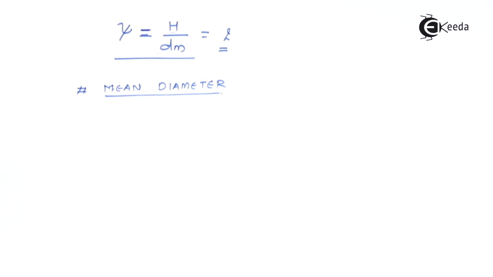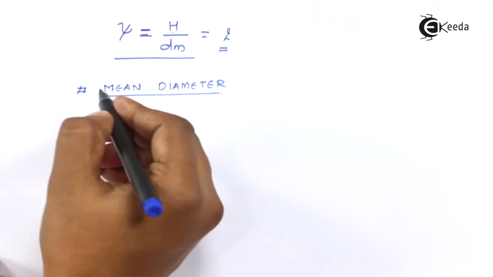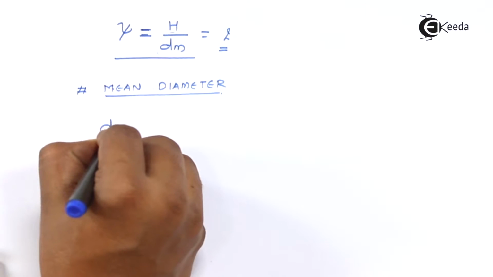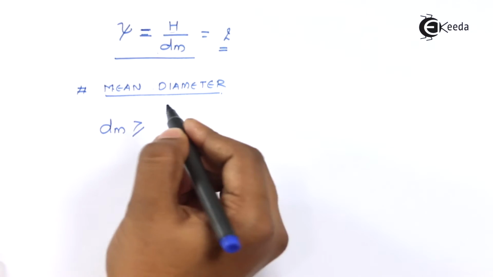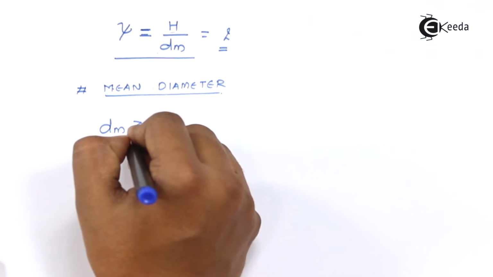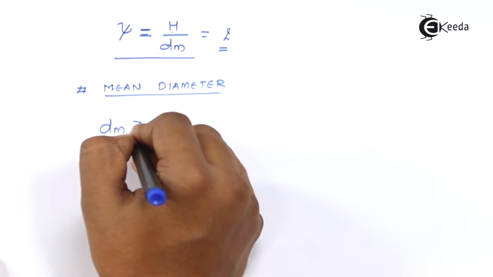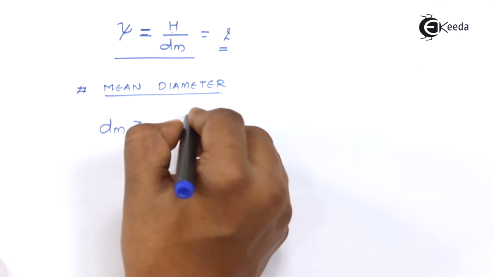Now mean diameter is something that is associated with the screw, and for that we need to consider the major and the minor diameter also. So let us begin with it. Generally the expression they have given in the section of power screws is that mean diameter should be greater than or equal to the expression of,